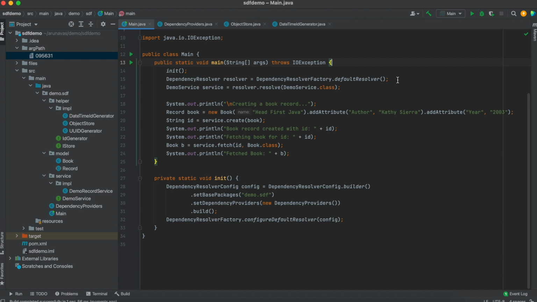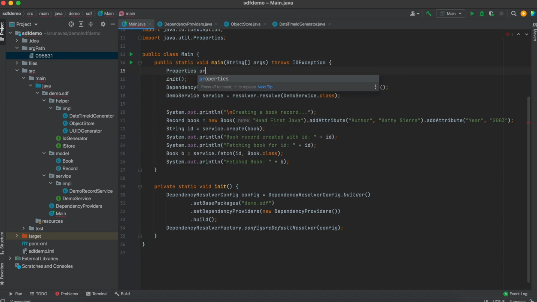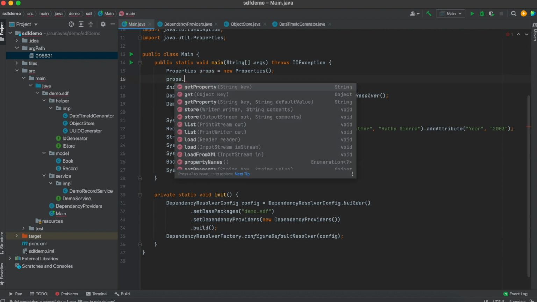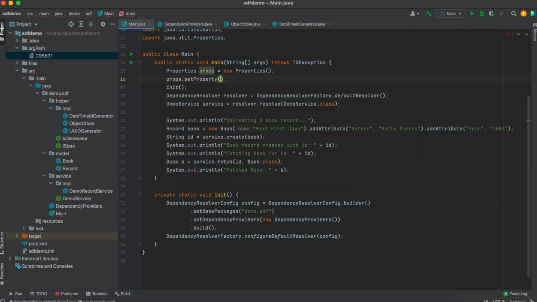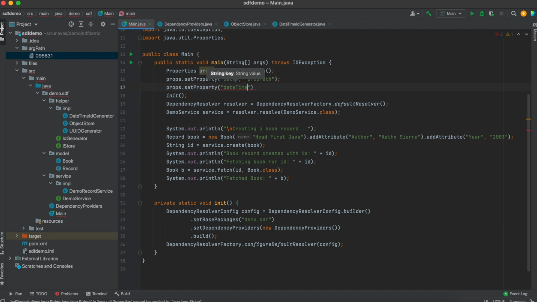Okay, the other way is through properties. How do we do that? So we have to first define a properties, that is java.util.Properties. We'll name it props, new Properties, and we have to set the keys here. When we are setting specifically in properties, we don't have to prefix the key with anything, because whatever is mentioned here, SDF will consider all the properties as the constant values, right? So set property, first one is path, and we'll give proppath, and props dot setProperty datetimepattern,